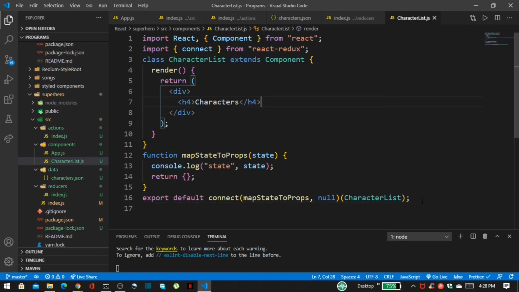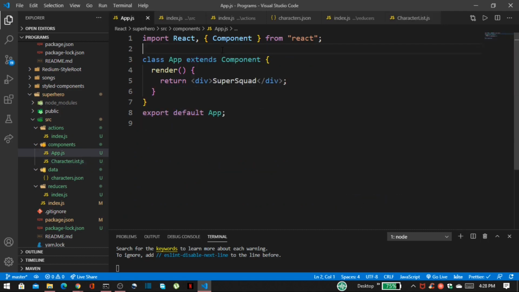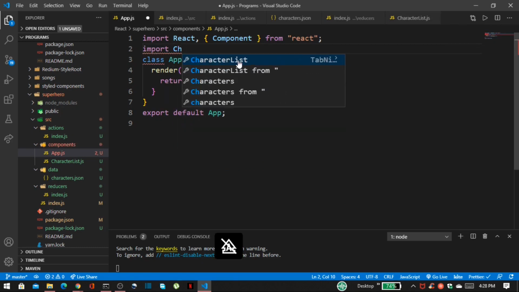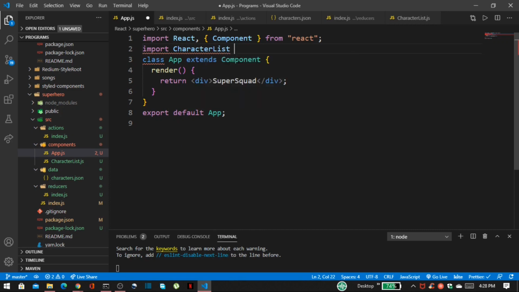Then save this, and we have to use this CharacterList inside our app.js. So we have to write import CharacterList from CharacterList. Then we have to use this.